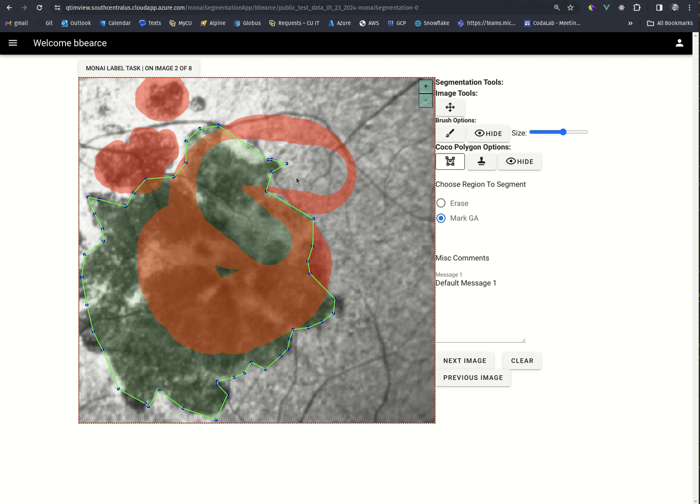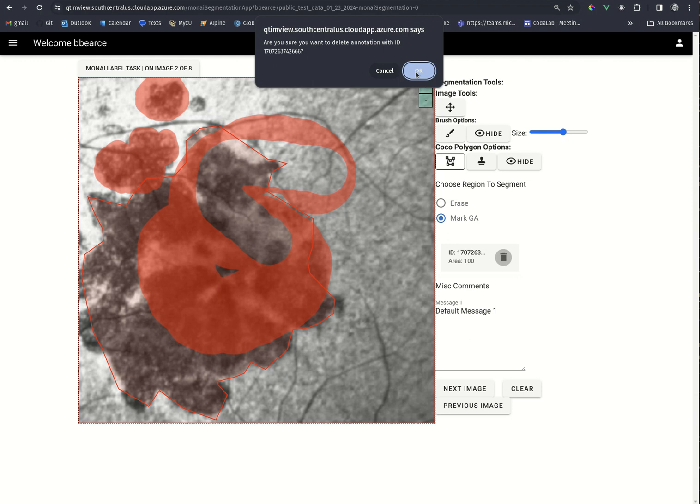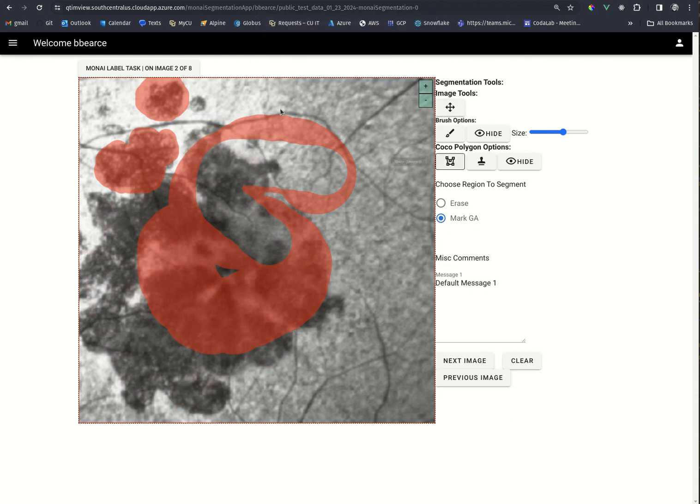If you hit enter, it will go ahead and lock in this polygon segmentation, and here you can see it. We can delete it if we need, but if we have one we like, and I will go quickly for the sake of the demo, we can lock it in, and for convenient shape, in order to annotate a large area all at once, we can do